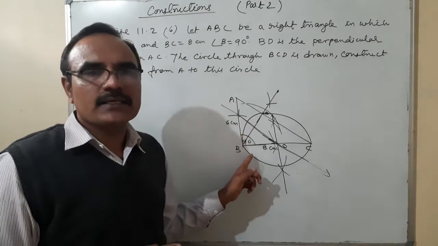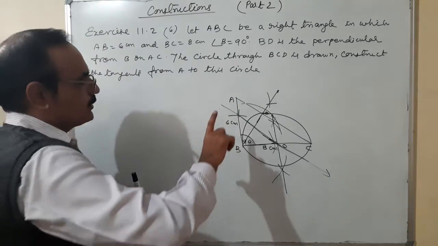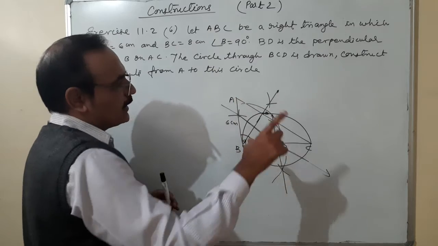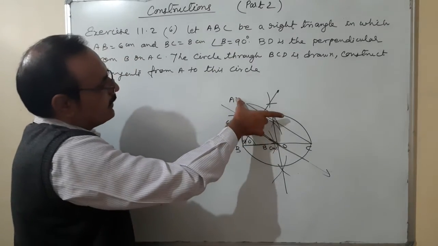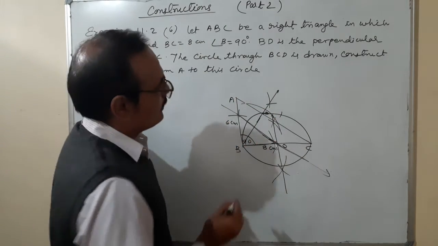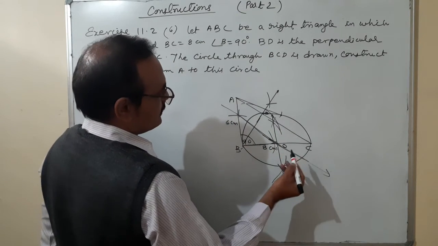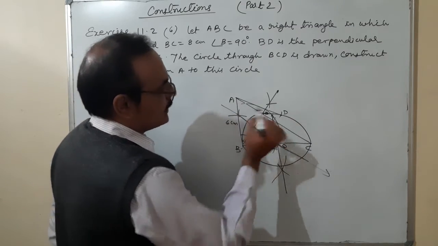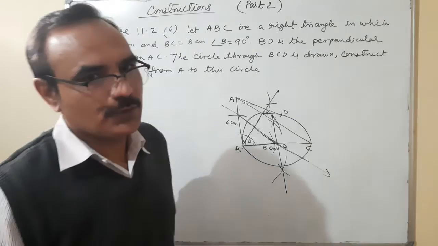So AB is a length of tangent. So we'll open the pair of compass and measure A to B. Placing the needle point at A, measure up to B, and whatever the distance from A to B, placing the needle point at A, cut the circle. When we join it, this is the second tangent. Suppose it is D. So AB is equal to AD. Both are equal. So there are a total of 4 parts of this question.